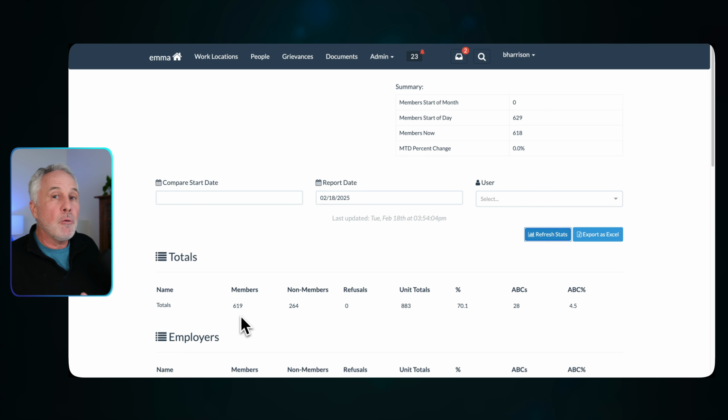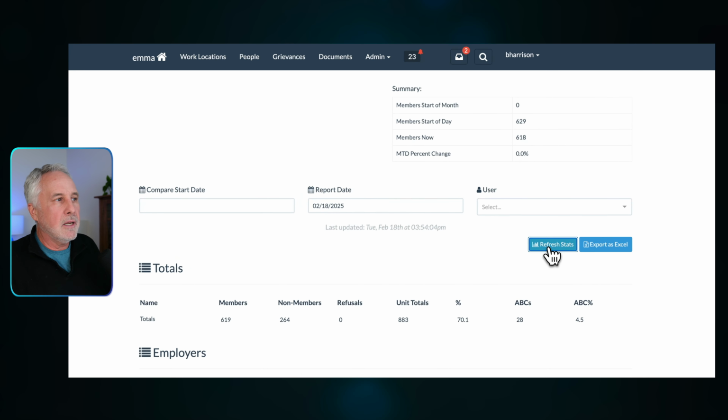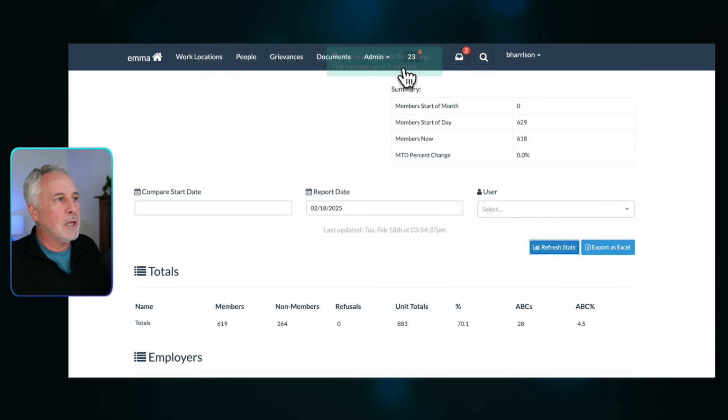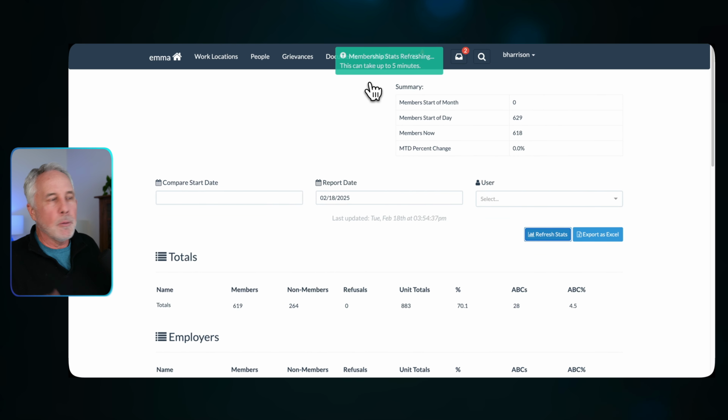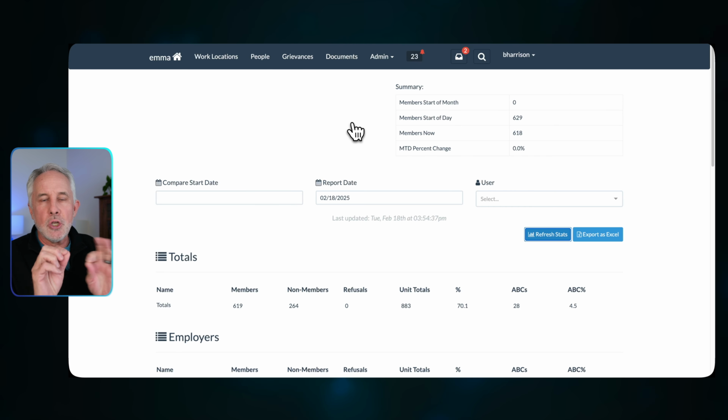information. But if information is changing throughout the day and you want to see the most current membership stats info, just click this refresh stats button. The system will go back and recalculate this information. And as this pop-up shows, the process can take as much as 5 minutes, depending on how large your database is, how complex the rule set is. But it will update and you'll see little changes, little yellow flashes on the screen as the numbers update on